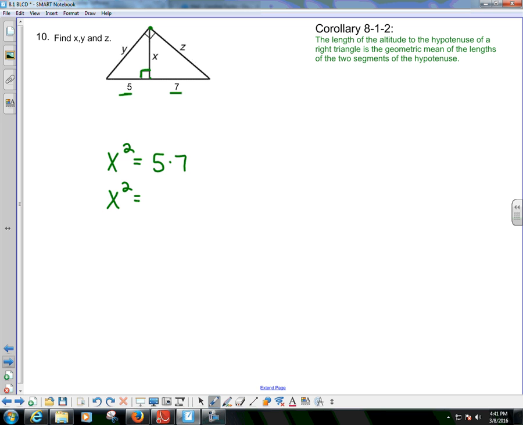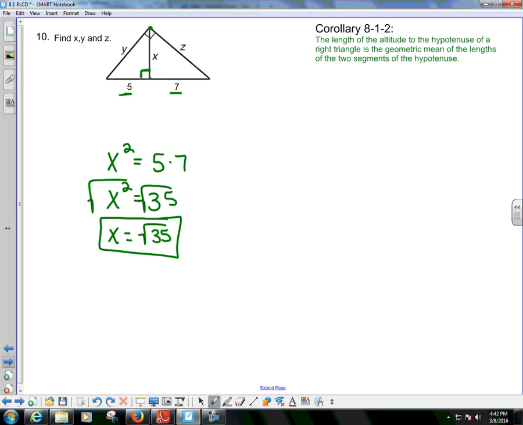5 times 7 is 35. The square root of both sides is going to give me x equals, well, guess what? That's as simplified as that gets. X equals the square root of 35. All right, so what else do we need to do? I need to figure out,